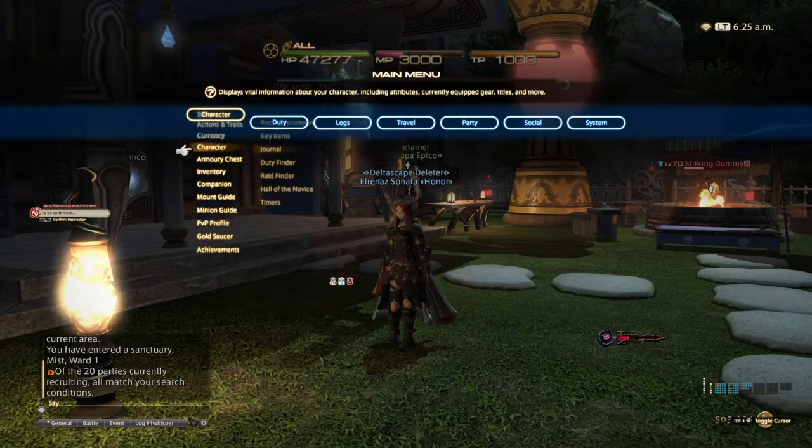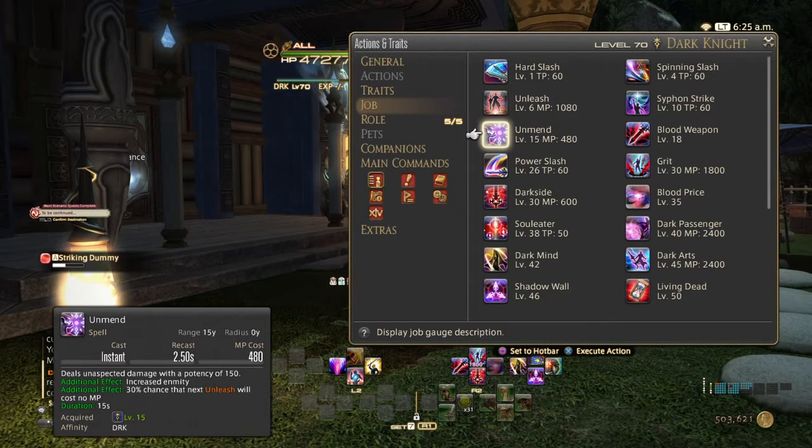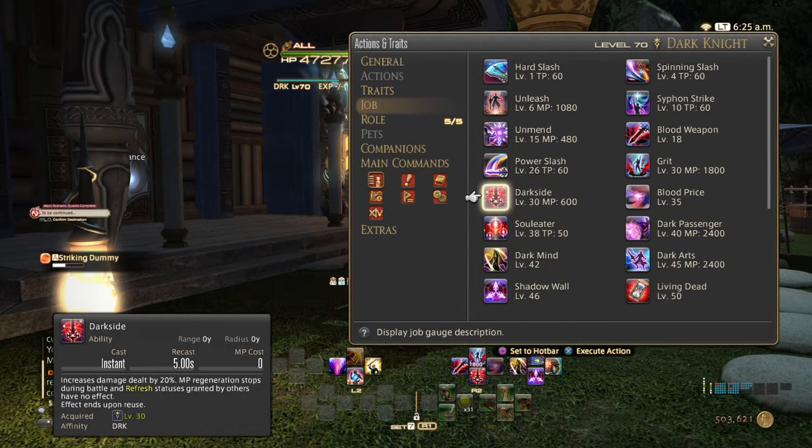So I can actually, I don't know why I just canceled out of that when I needed to show Grit off. So it reduces damage taken by 20%, but it also reduces damage dealt. So how am I hitting that high? Because Darkside